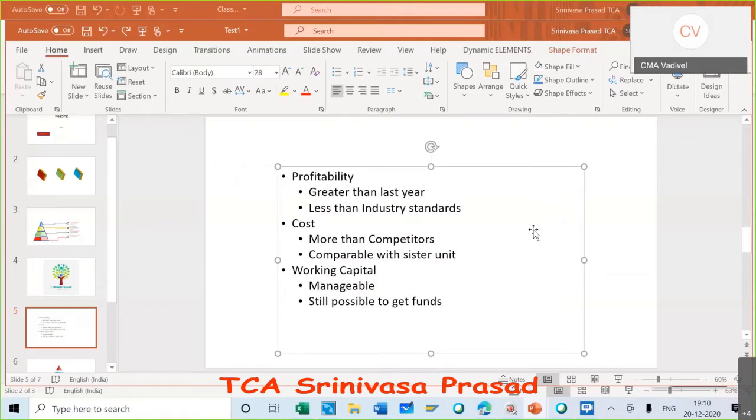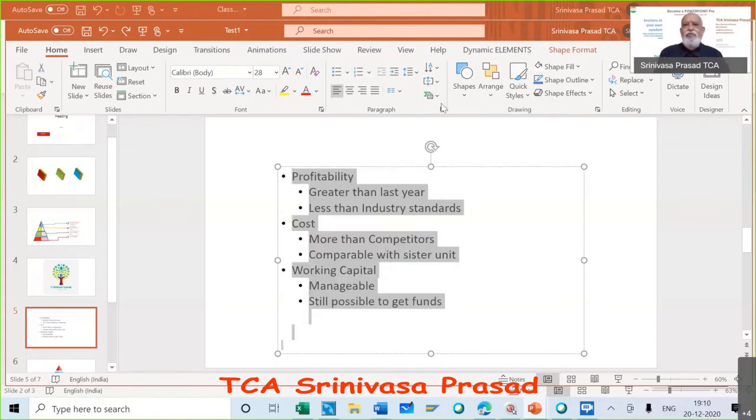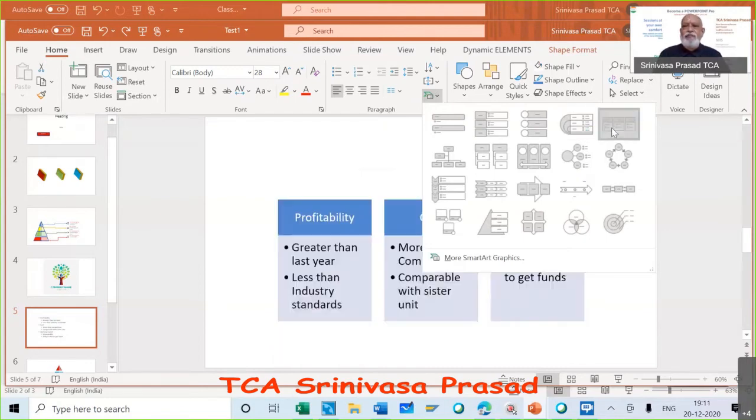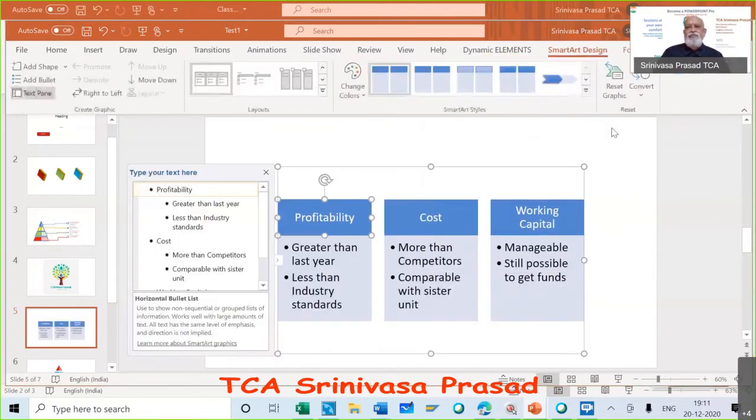See, I'm not talking about you being different alone. Suppose you have got 4 or 5 points within this. Now you have to decide which kind of bullets you are going to take. I'm going to take this, or I'm going to take this. See, I'm giving you shapes now. You can work on different shapes. You come to this shape, this gives you like this.